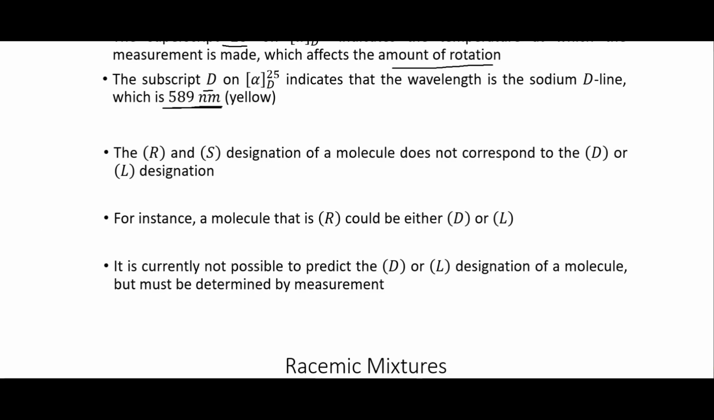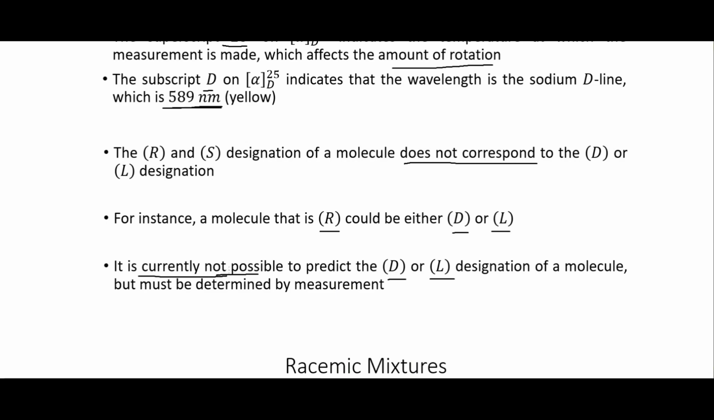All right, it's also important to know that the R and S designation of a molecule does not correspond to the D or L designation. Something that has an R designation in the RS convention could be either D or L in this new convention. So it is currently not possible to predict the D or L designation of a molecule. If you just know the shape of the molecule, you can't predict whether it will be D or L. This has to be determined with measurement. And I say it's currently not possible because